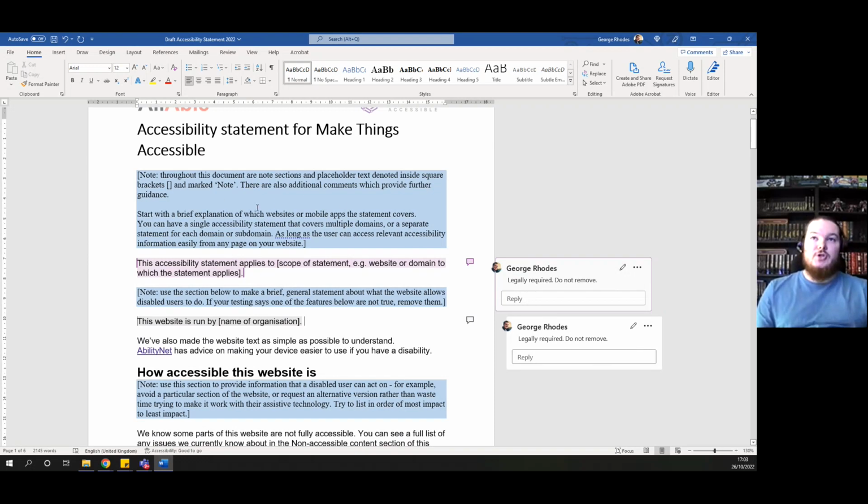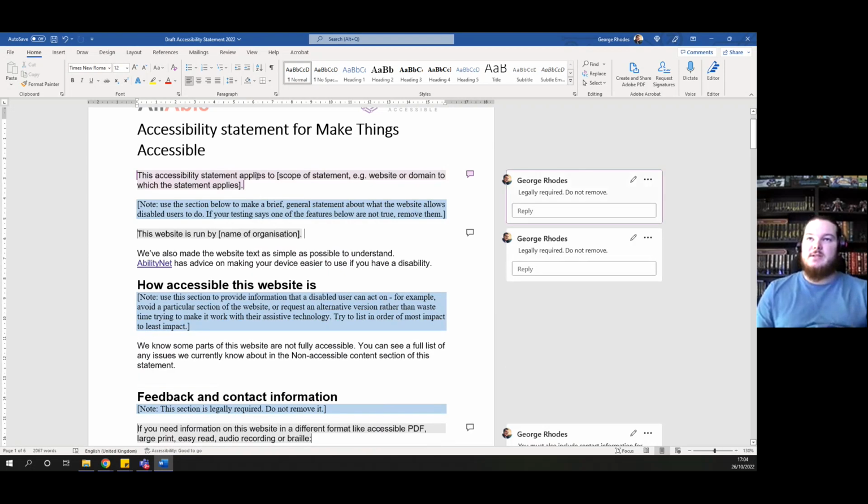I've got a bit of an explanation just before that to explain that notes are surrounded by square brackets. This will help anyone identify where note requirements are still there, and obviously by the end we should have nothing left that includes those square brackets. So what I'm going to do is remove those notes because we want to end up with